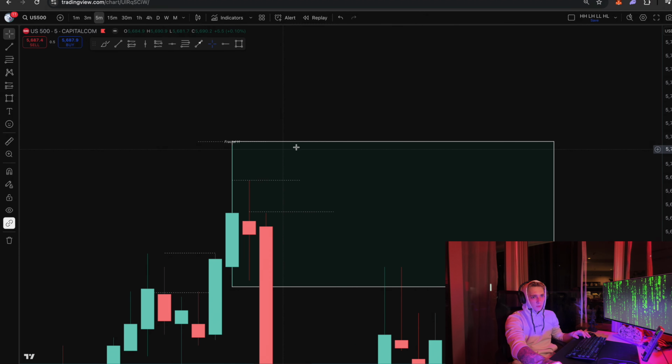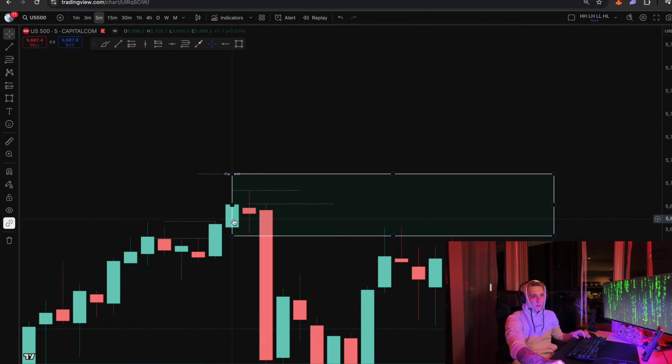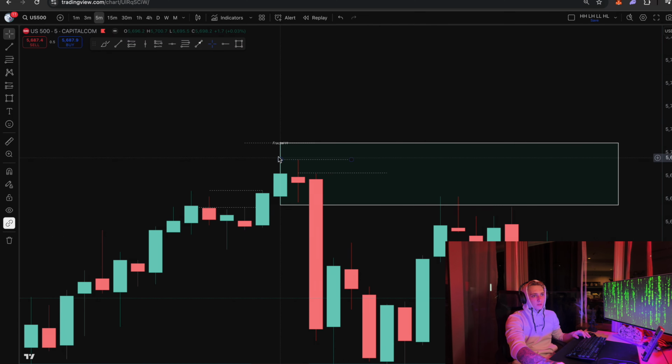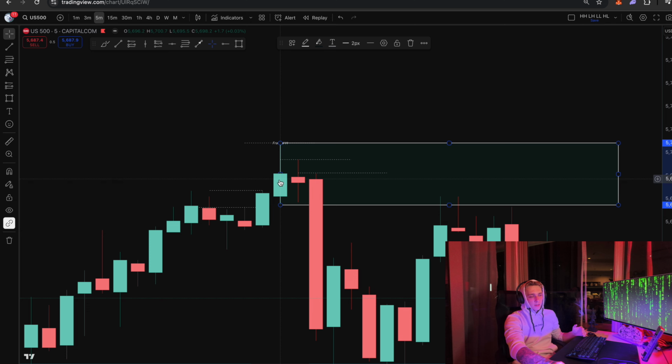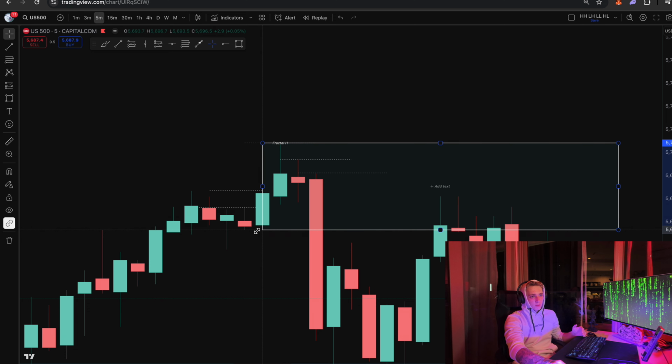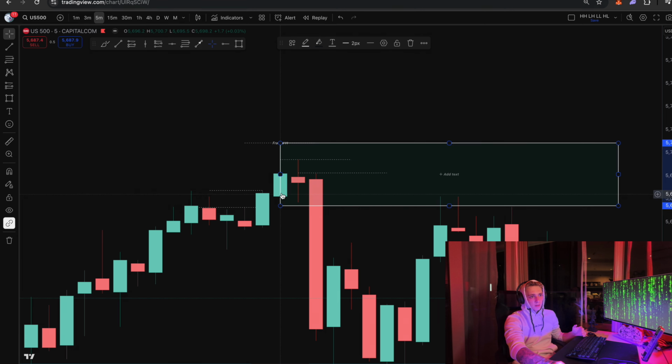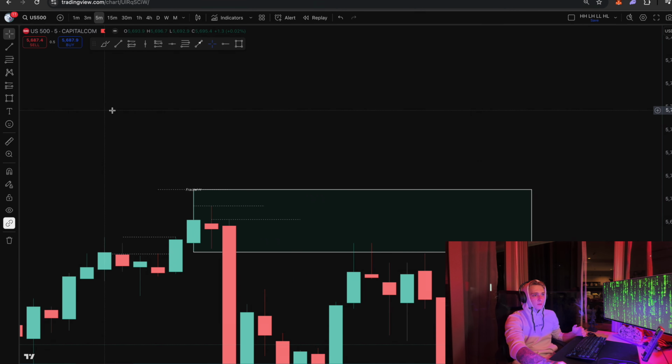A bearish order block is drawn from the last bullish candle. So if this fractal high was red, a bearish candle, then I would have to draw it from the last bullish candle, which would be, for example's sake, this candle here. So if this candle was red, I would draw from here. But it's not. This candle is green. So quite simply,